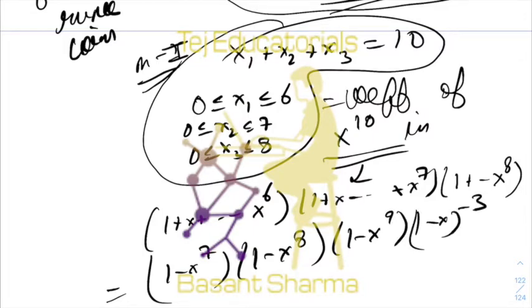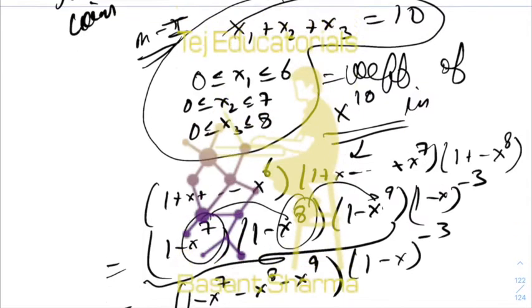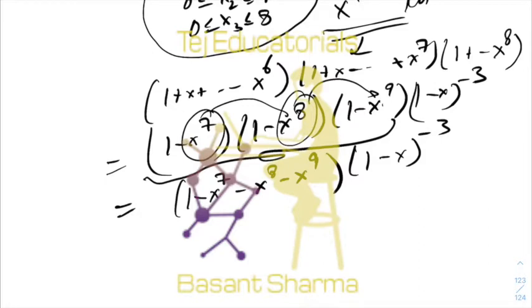Now you see, you want to find the coefficient of x to the power 10. When x to the power 7 gets multiplied by this, or x to the power 8, or x to the power 9, then that gives you a power which is more than 10. So the only powers that are relevant, if you expand this, are these. All the rest of the terms will have powers more than 10. This you can check for yourself. This is just a simple thing, you can observe yourself.